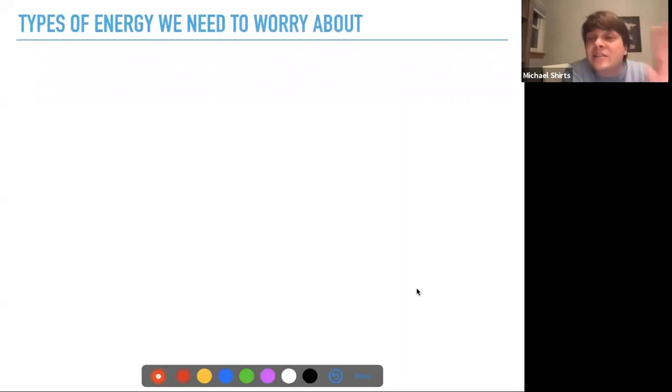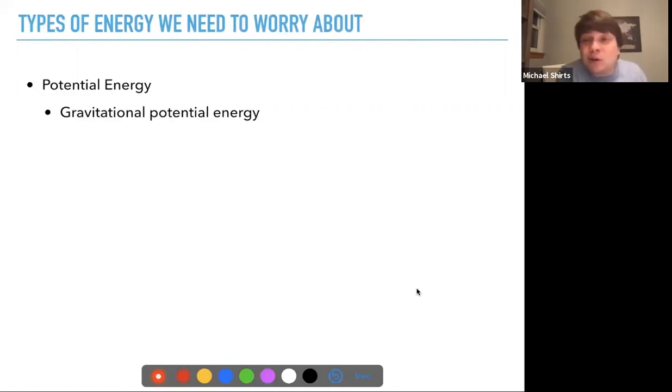So that's great. Energy is a state function. So the types of energy we need to worry about usually in chemistry: potential energy, for example, gravitational potential energy. If you're dealing with a chemical reaction in a beaker, that doesn't really matter that much because there's not much gravitational change happening. If you're dealing with a plant, that actually can matter.